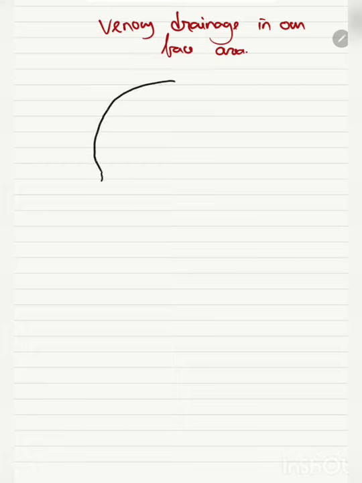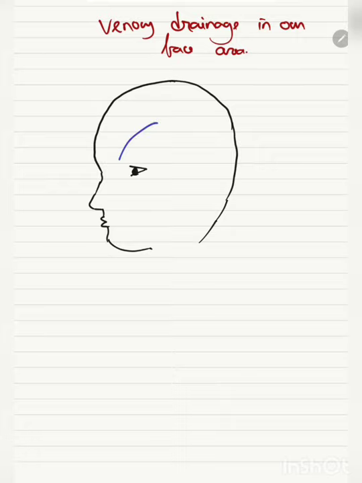Venous drainage in our face area. It can be easily learned with a schematic diagram of our face area. Venous drainage in our face area starts with two veins,